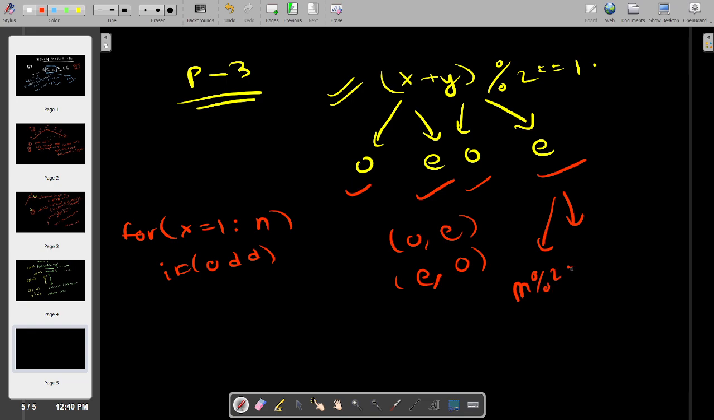If m is odd, how many even numbers can be taken? Let's say m is 5. If we take 1, 2, 3, 4, 5, the even numbers are 2 and 4. So that is m by 2 numbers. And if I want to take the case when m is even,